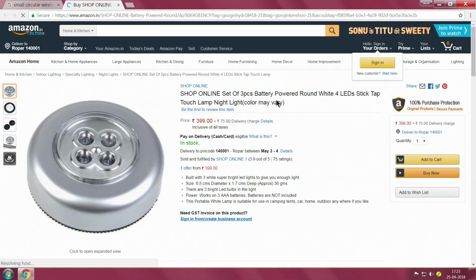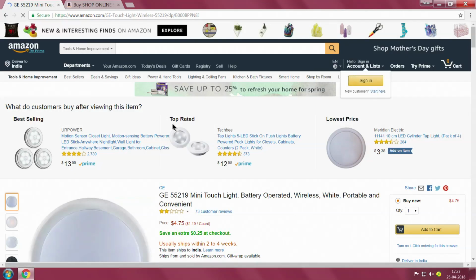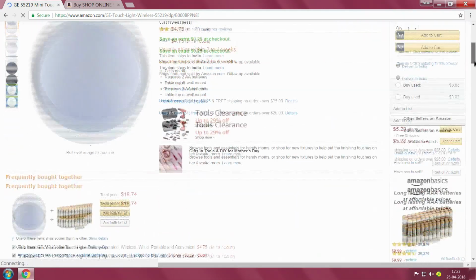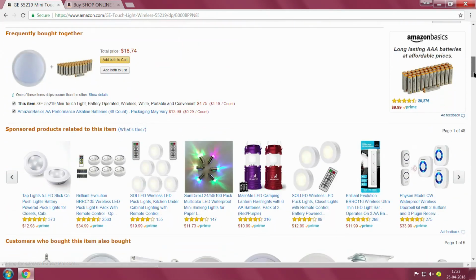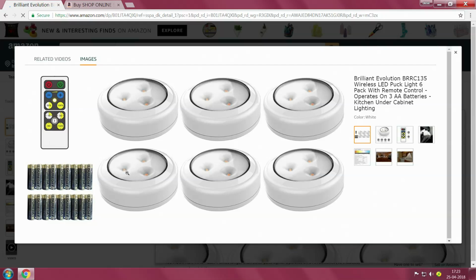Battery powered round white 4 LED stick, tap touch things, okay, and then why not see here we have a large number of these brilliant evolution things here.